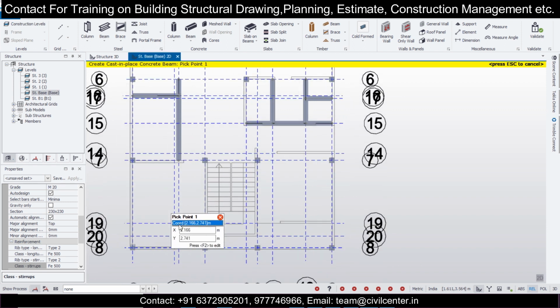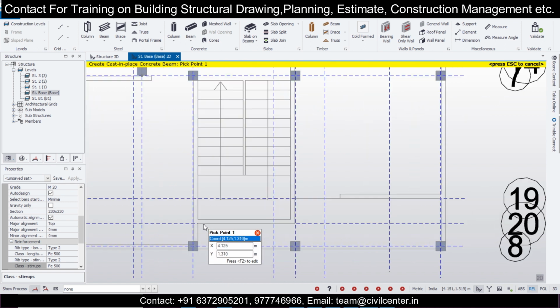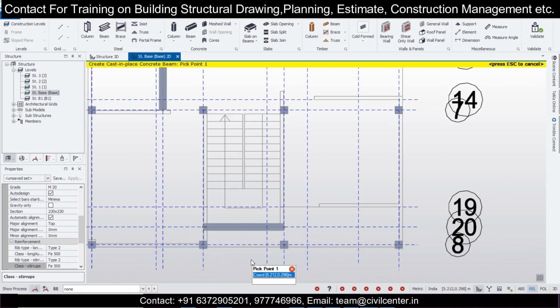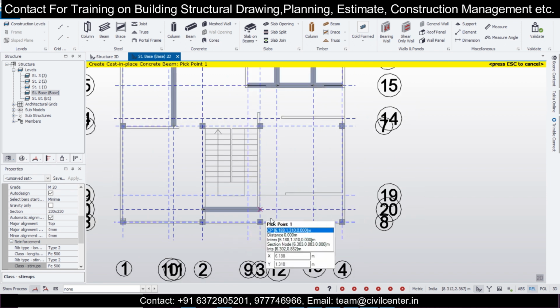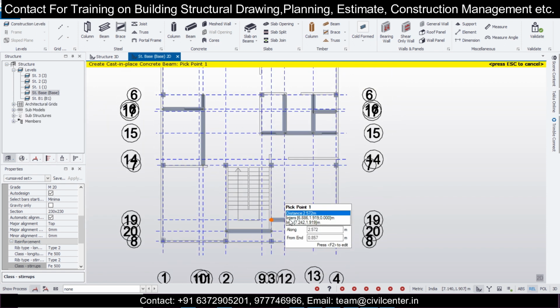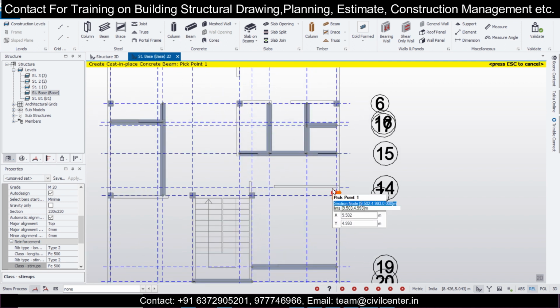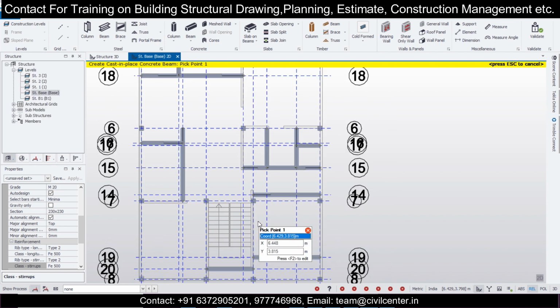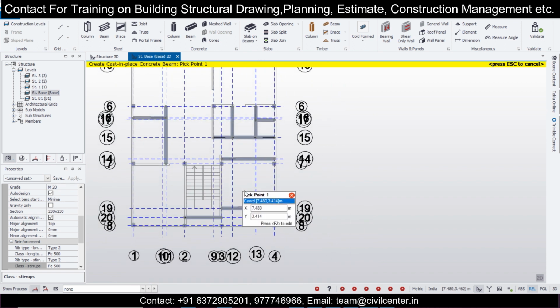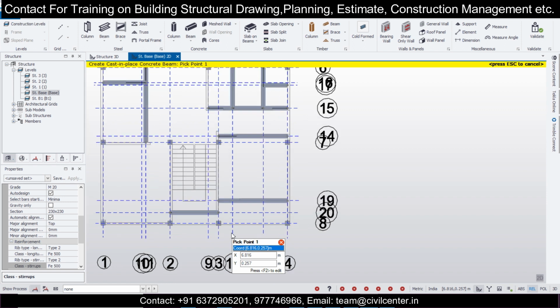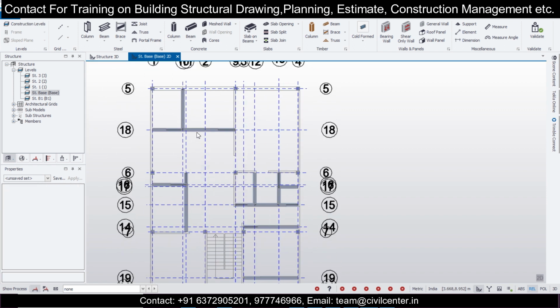Now let's see what any more secondary beams we need. We need one beam definitely here, and since this is an open area, this will obviously have a secondary beam. For the remaining portion, if we have any secondary beam, this one we have almost missed. I think every secondary beam has now been covered. So once all the secondary beams are covered, we'll define the